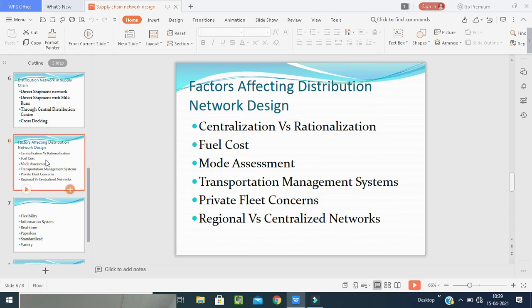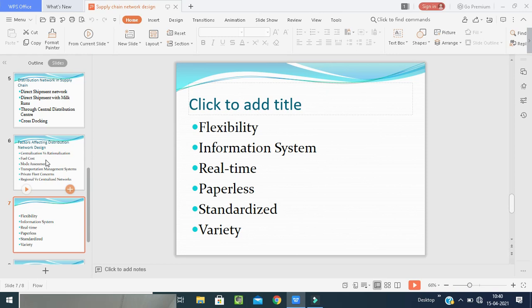Next, regional versus central networks. Here they have to check the cost of delivery using different modes of transportation, as well as service availability, which can be directly impacted by fuel cost rises and by understanding customers' expectations, whether in a regional way or in central networks. Next one is flexibility. In today's unpredictable business climate, flexibility is the key to continued success for some and survival for others.